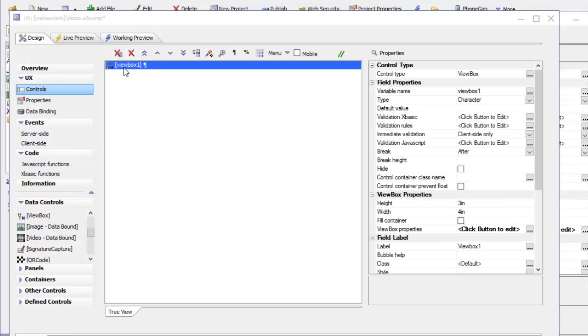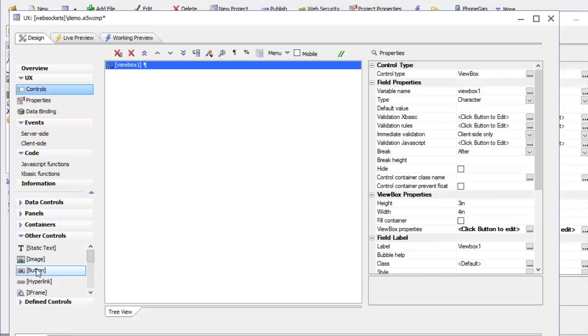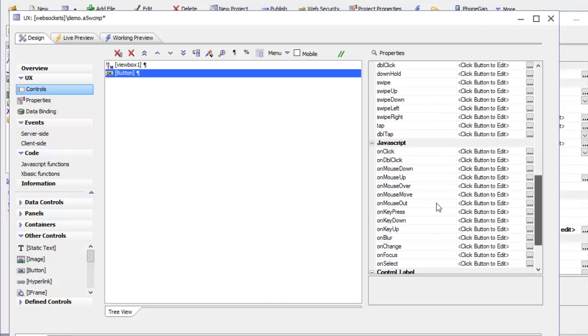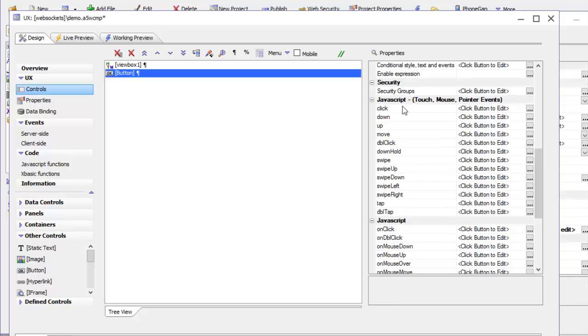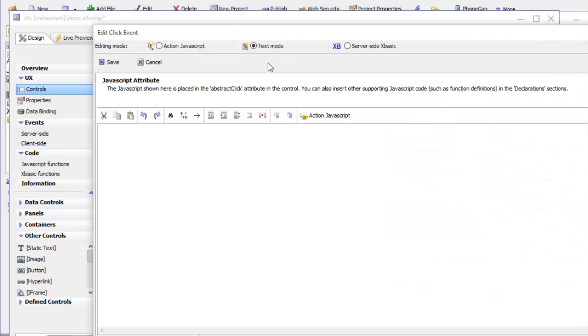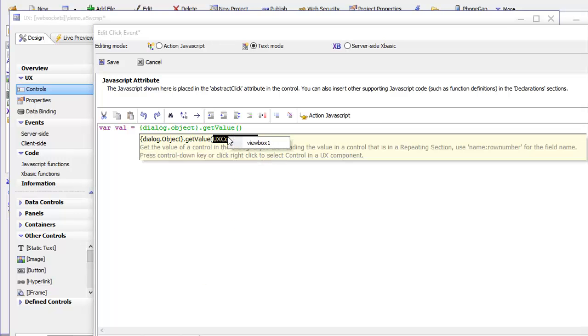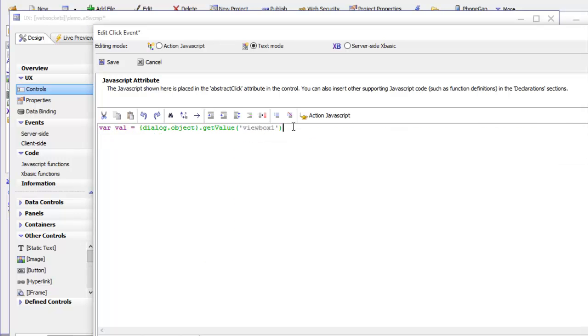So I'm going to just go underneath this Viewbox here and go over to button, and in this button code I'm going to say in the onClick event of this button, var val equals dialog.object.getValue, and the control I want to read is Viewbox1. And now if I go here and say alert val,